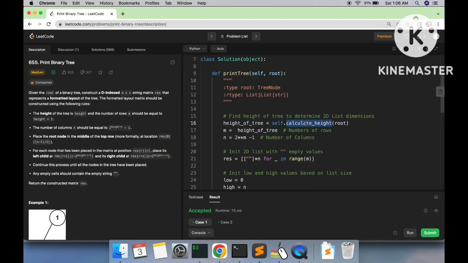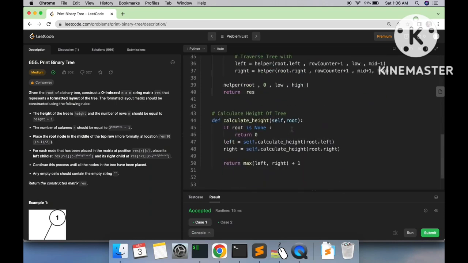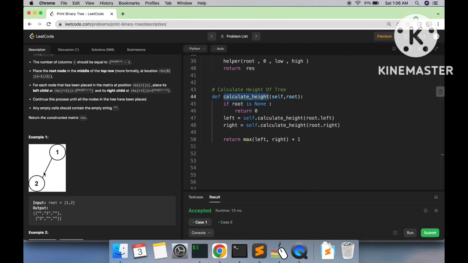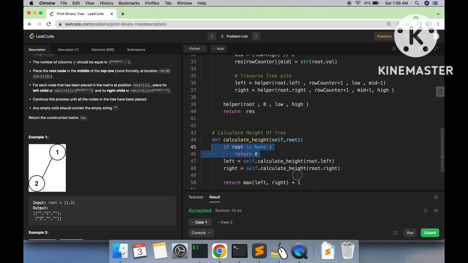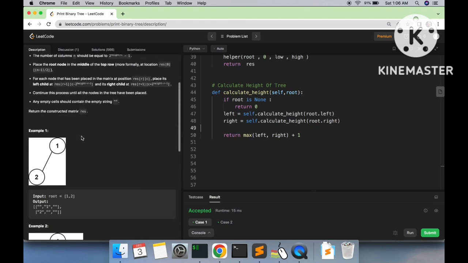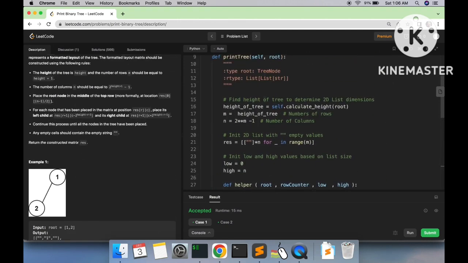So for that I am using this function which basically calculates the height of the binary tree. So it is simple DFS traversal. So I'll traverse each node of the binary tree, and then based on each node I keep adding +1 to the height. If it is a leaf node, then I'll just return 0 here, and then that will give me the height of the binary tree. In this case, based on this, I'll calculate the height for each tree based on what is input, and then once the height is